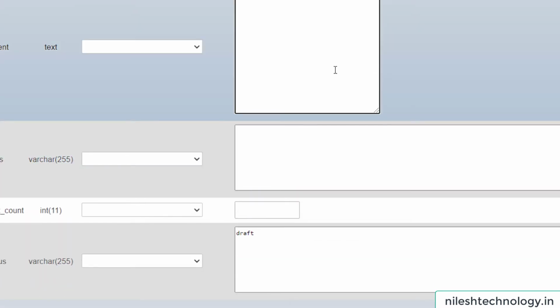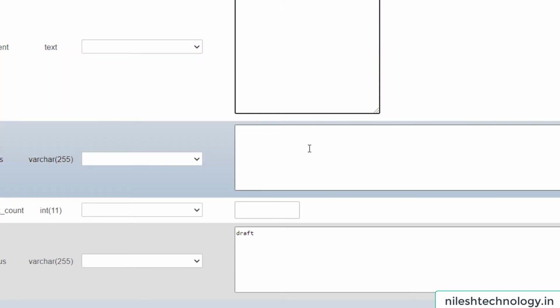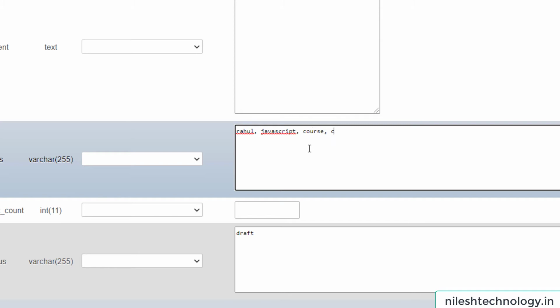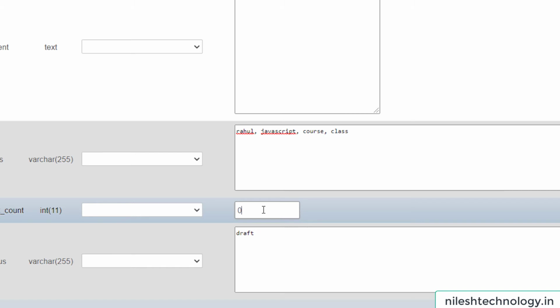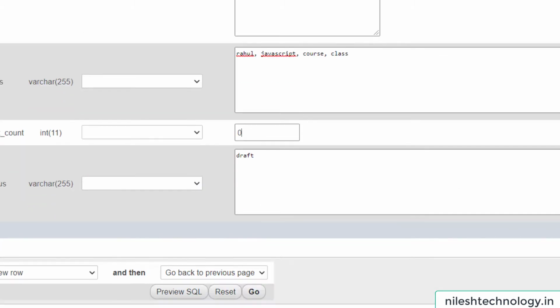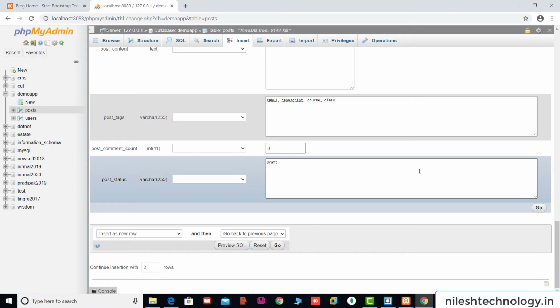Right here is some content, for example this course was very amazing. Then the search tags are Rahul, JavaScript, course, class. Okay, then the default count is 0 and the post status is draft.